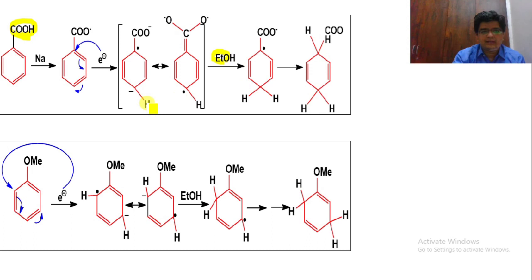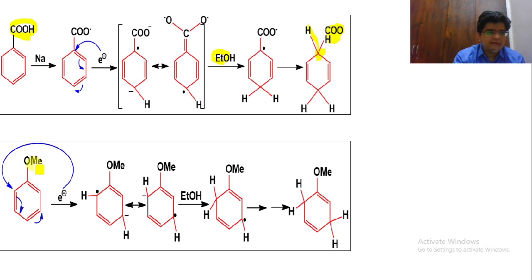So here H plus will attack over here, so we can get a hydrogen free radical. Now again, when we are using sodium, it will have a negative charge. Then by the following reaction with the ethanol, you can produce a hydrogen over here. But one of the most important things you have to remember is that this COOH group will be attaching towards the sp3 carbon. So that is our main purpose.